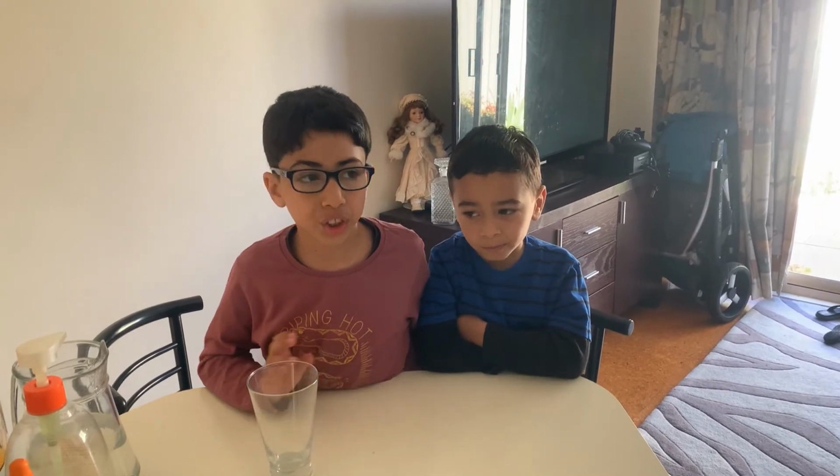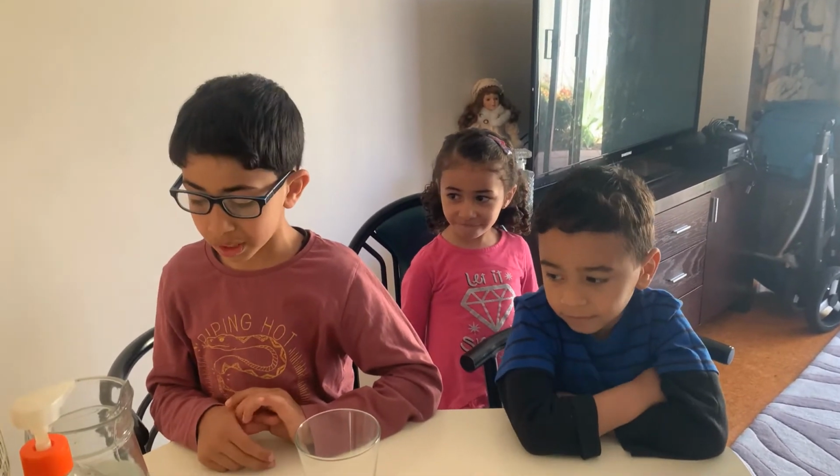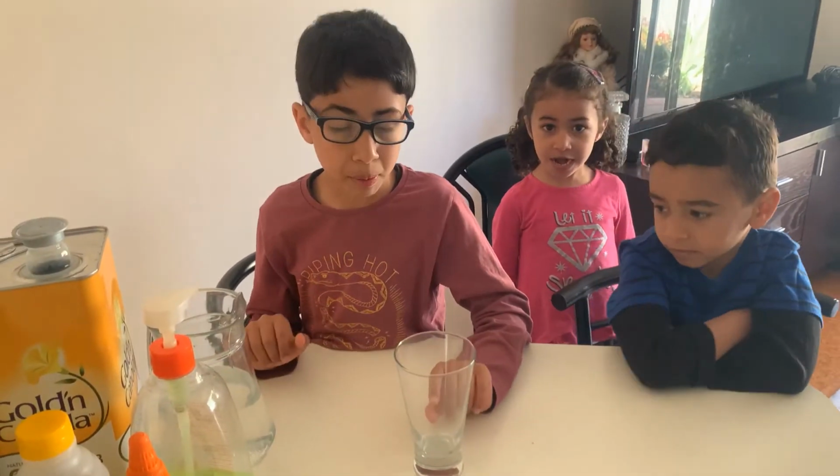And today we're going to show you the density column experiment. Density is how much a 1 liter liquid weighs. The higher the density, the heavier the liquid will be. In this experiment, we're going to put different liquid layers on top of each other, and they will not mix